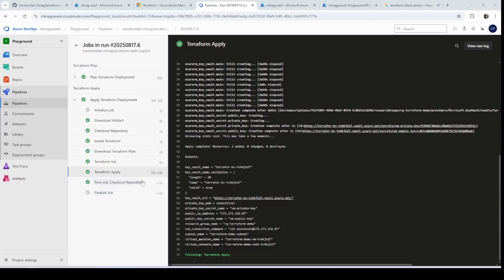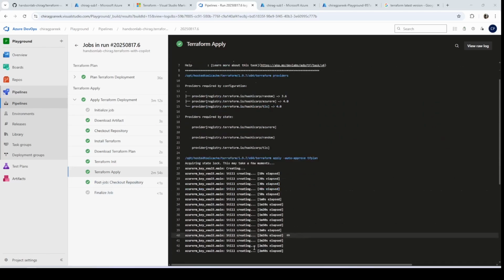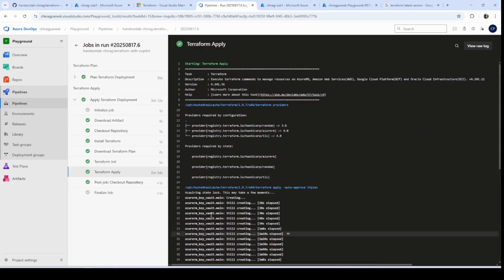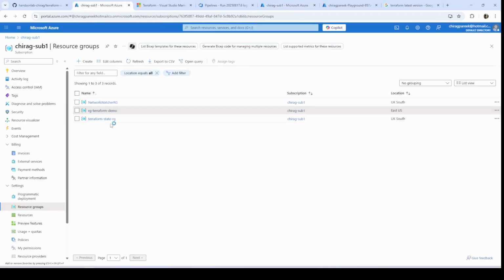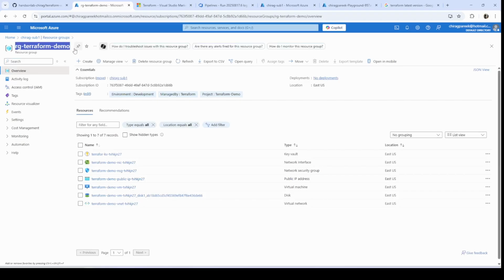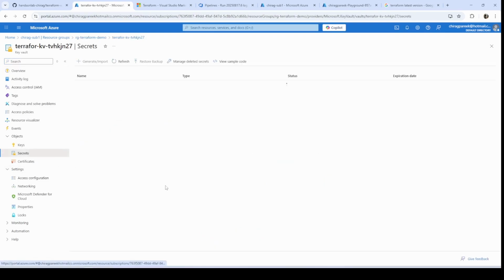So you can see the apply is now successfully completed, and it has given us an option how to SSH the VM, as well as it has stored all the values hopefully onto the key vault. So if you go to the resource, this is the resource group Terraform demo, and you can see the virtual machine, you can see the key vault, and you can see the NSG and everything is created here, VNet as well. So if you go on to the key vault, if you go to the secrets, we should be able to see the secrets here, but there is